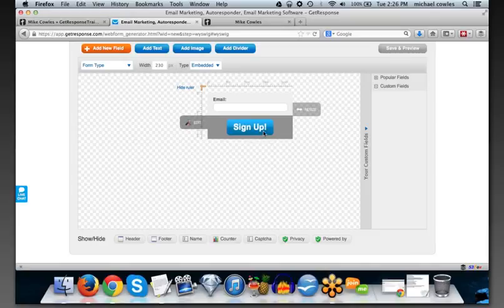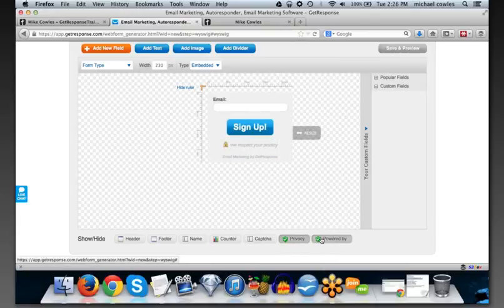Okay. Now, the reason why you want to get rid of all this stuff is, let's go back here for a second and look at these last two, powered by and privacy. First of all, the powered by, you may be thinking, well, gosh, maybe I want to put my affiliate link in there or whatever. Don't do it, okay? What this does is it reminds people that they're going to be getting marketed to, and especially in the internet marketing niche, they're probably overwhelmed with a gazillion emails to begin with. So when you remind them of, hey, this is going to be more marketing stuff, there's a good chance they're going to say, you know what, I don't want to opt in right now. Okay, so that's the powered by.